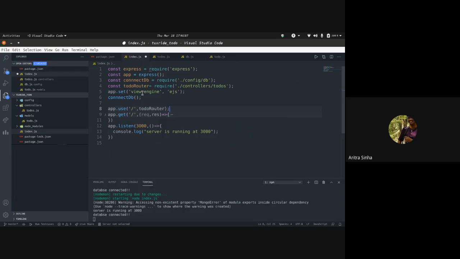Fine. So what we did was we set up all the routes which we were creating in todos.js, and we just imported them and set that up. Localhost 3000 will take us to all those routes directly. So when you go to localhost 3000 only, it will take you to a page which will list out all the to-dos. After that, if you go to /new, it will take you to a form through which you can create a new to-do. So that's how the thing works. Okay, so cool, we'll just remove this as of now because we don't need it anymore.